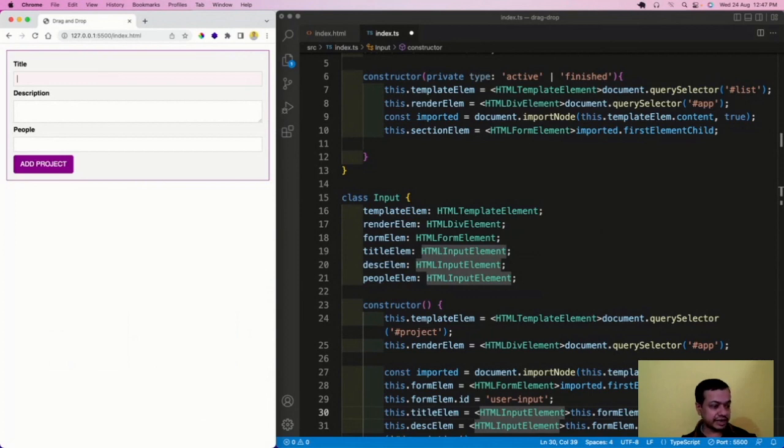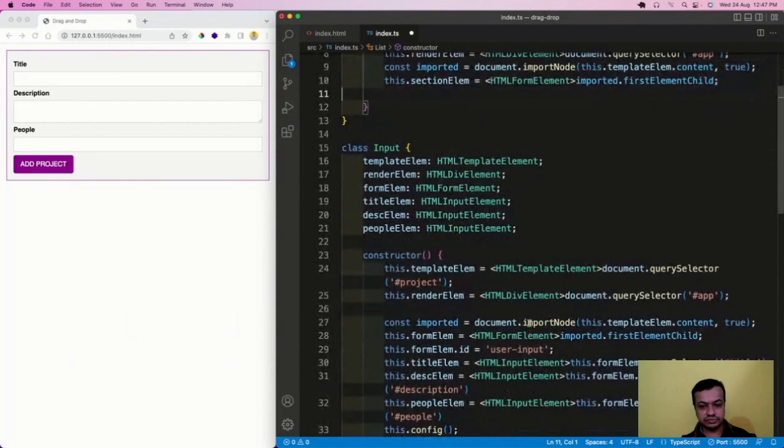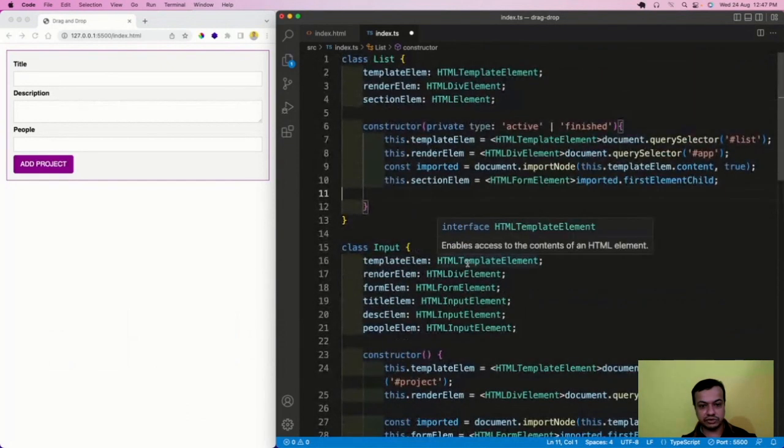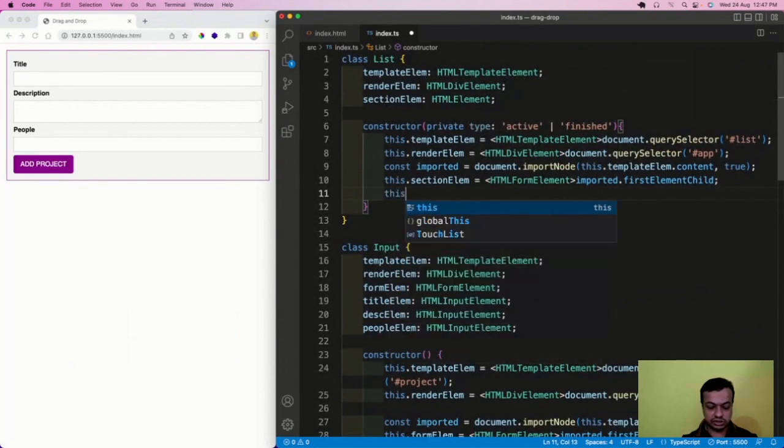We're going to add some ids here also, so let us do that. Here we'll have this.sectionElem.id equal to